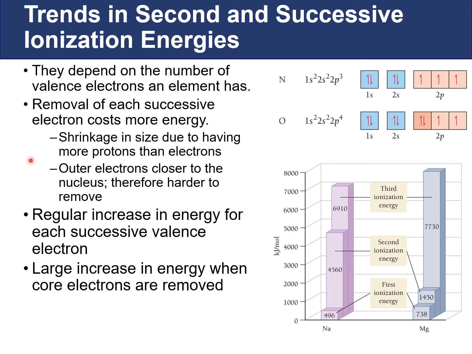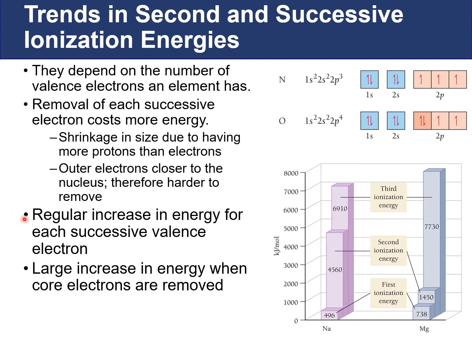So you have a shrinkage in size of the atom due to having more protons than electrons. Essentially, your effective nuclear charge goes up. The outer electrons, because they are closer to the nucleus, are therefore harder to remove. So when we are looking at the second, third, fourth, and fifth ionization energies, what you will notice is that